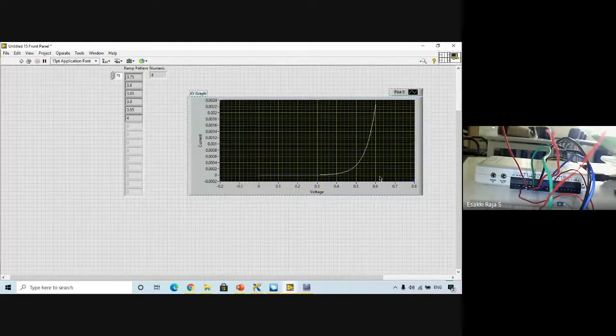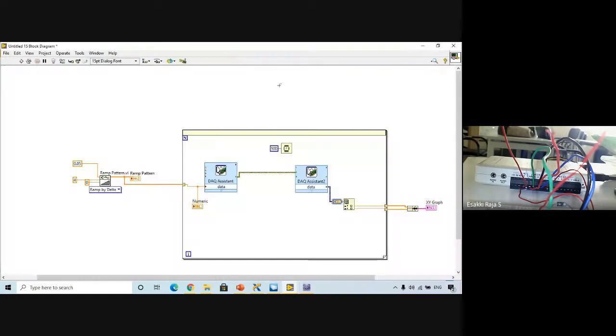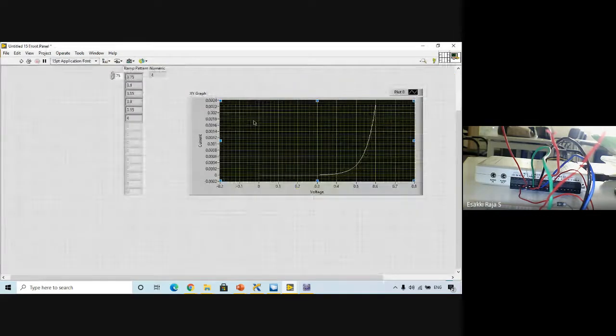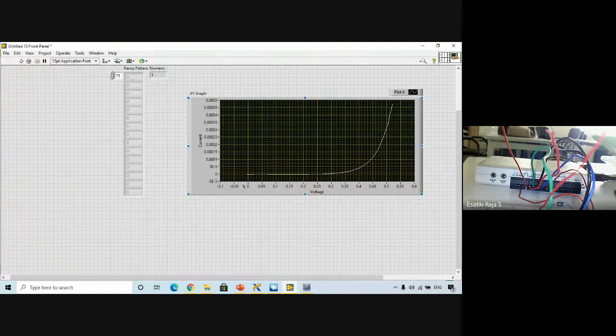So we don't need to go up to 4 volts. Even if I give very little voltage, like 0 to 1, that will be sufficient. And this is the reason why we got a delay. Now if I run, it quickly gives a voltage and measures the current. We are just testing whether the diode is working properly by performing a forward bias.